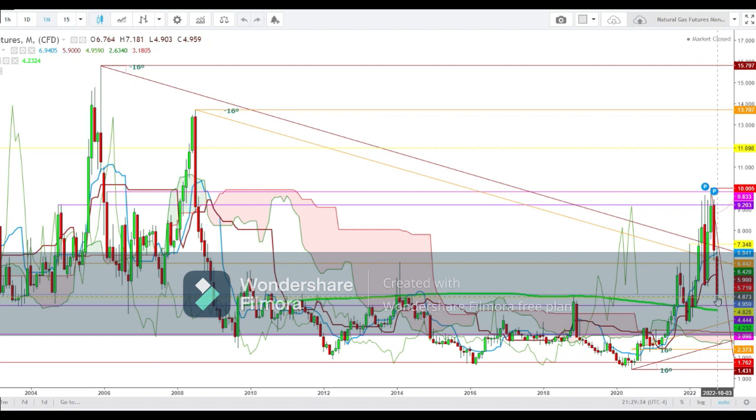So friends, here I find that still this monthly move is not over. So here I find that if the natural gas futures start the upcoming week with a gap down opening well below the lows of 4.826, we'll see this downward trend to continue during this month, where the natural gas futures could find some support at the 200 days moving average in a monthly time frame, from where we could expect some bounce back.